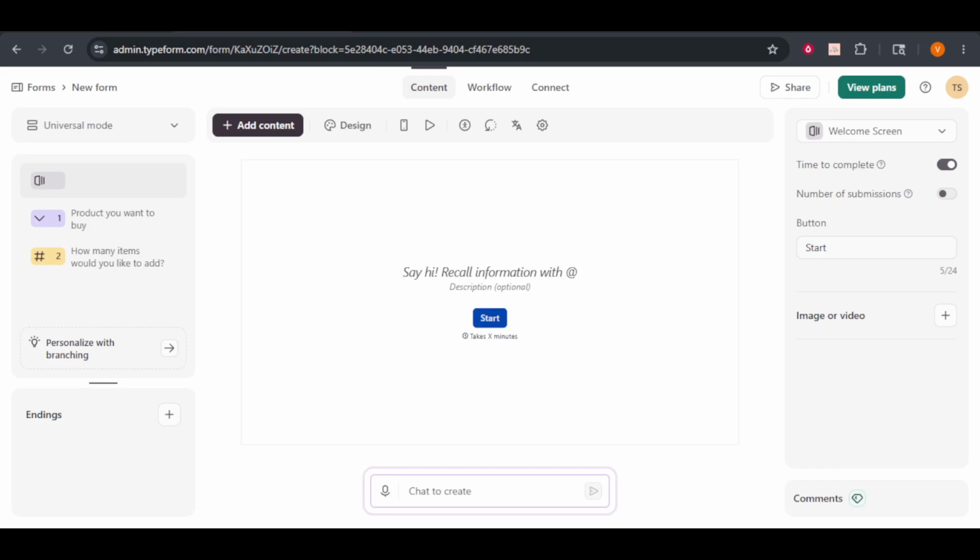In this video, I will show you exactly how to map your calculation totals into distinct closing pages within Typeform to give your users a truly personalized experience. This is an incredibly powerful feature for quizzes or assessments, where you want to show different results based on the